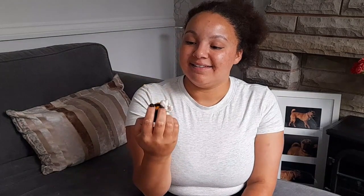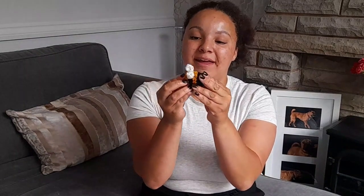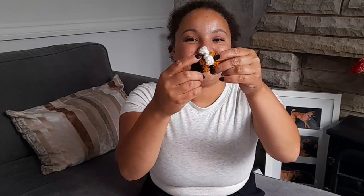That is really scary. His little mouth that I sewed on, his little eyes, again, this was before I had safety eyes, so they're sewn on really badly. His little wings, I don't know why he has so much fluff coming out of the back of him. I think this was my first attempt at colour changing, and I'm pretty proud of the colour changing. I think that's quite good. I put the wings over where the colour does change, just to hide that, but I am fairly happy with that aspect of it, but that face,